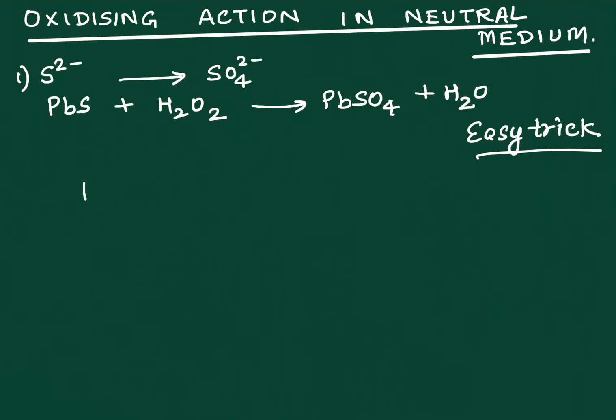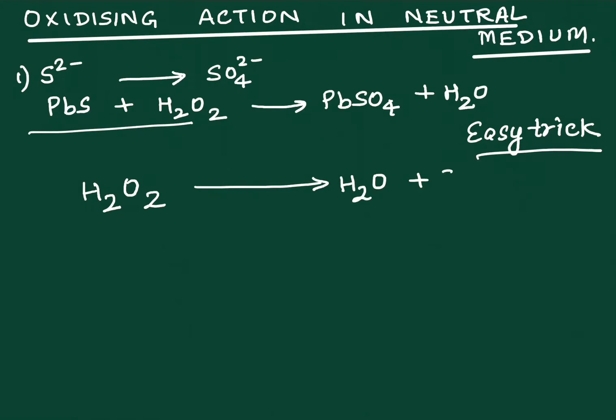Now hydrogen peroxide, we are talking about its oxidizing action. What I'm going to do is I'm going to use the partial equation method. So I'm going to split this big equation into smaller equations and then add them up. So just like in a lengthy topic, what you do is you divide your lesson into smaller subheadings which are easier to understand and revise. So the same thing we are doing over here. So first step involves the breakdown of hydrogen peroxide to give us water and nascent oxygen. That's basically atomic oxygen generated during the course of the reaction.